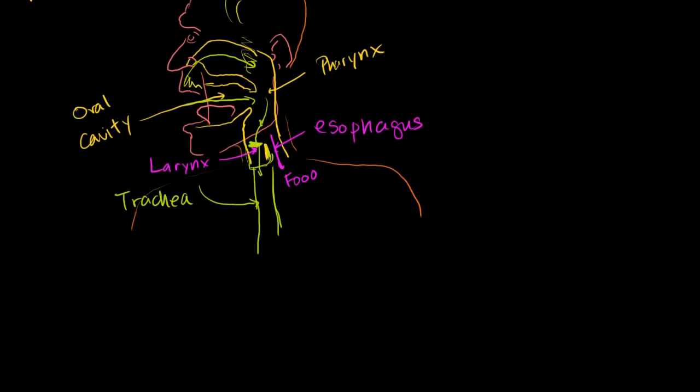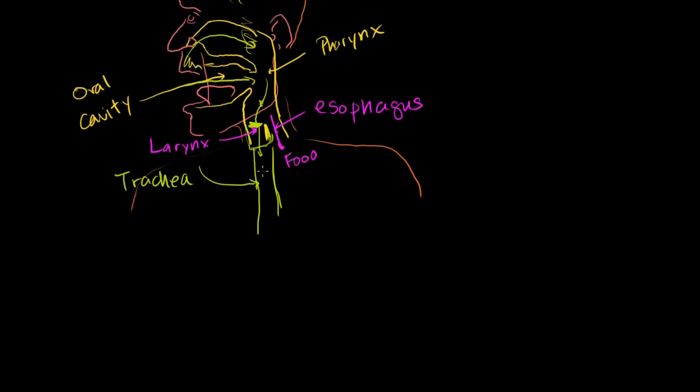And then from the trachea, and the trachea is actually a reasonably rigid structure. It has cartilage around it, and it makes sense that it has cartilage. You can imagine a hose, if it bent a lot, you wouldn't be able to get a lot of water through it or a lot of air through it. So you don't want this thing to bend a lot. So that's why it needs to have some rigidity. So that's why it has cartilage around it. And then it splits